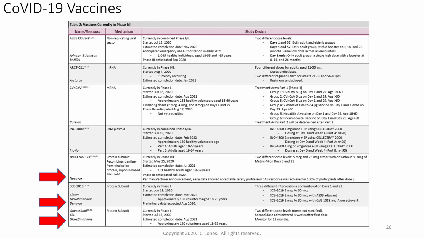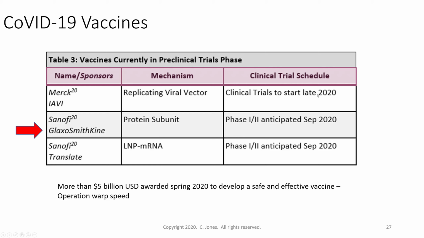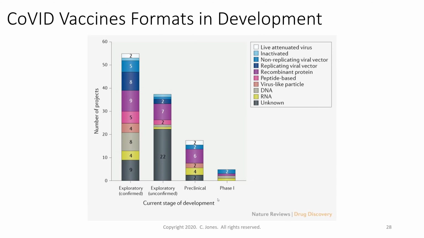So I think there is a lot of hope, all right? And a number of these vaccines are in clinical trials, and these actually started in mid-2020 instead of late 2020. Operation Warp Speed was $5 billion. A big chunk of that came to companies in Montgomery County, but $5 billion to develop a safe and effective vaccine. And it looks like, if everything holds true, that we may have accomplished that in just under a year, which is remarkable and really hopeful for all of us.